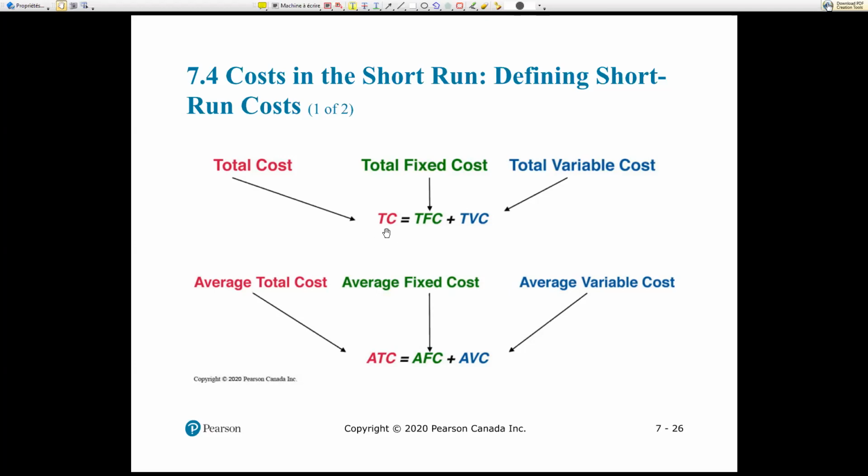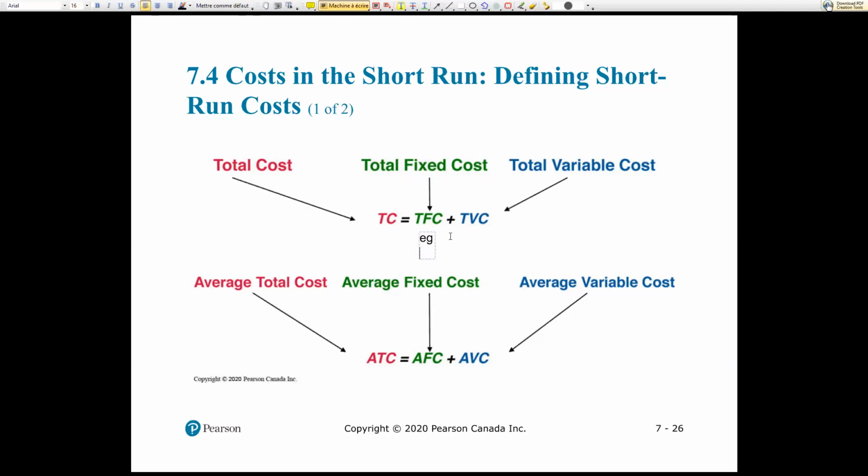So the total cost, TC, is how much as a firm you pay to produce your output. And we divide this into two things. Total fixed cost is what I cannot change in the short run. I'm still in the short run. And total variable cost is what I can change. So this would be something like, for example,